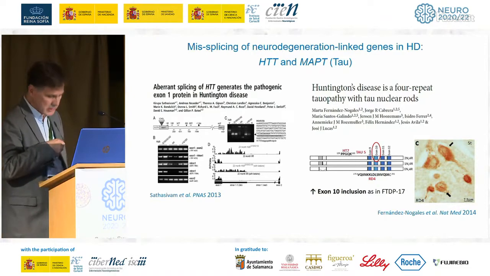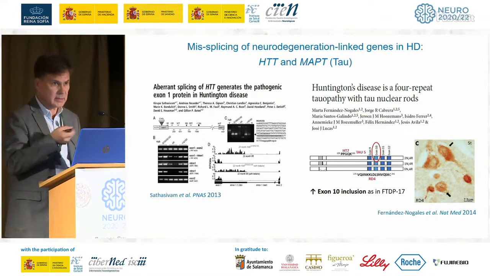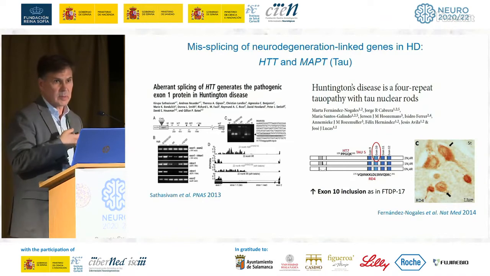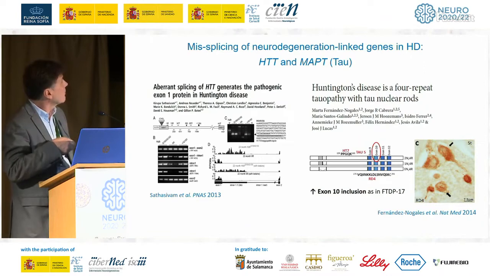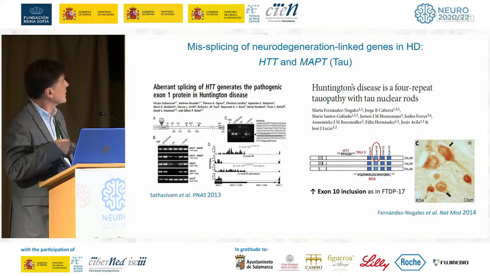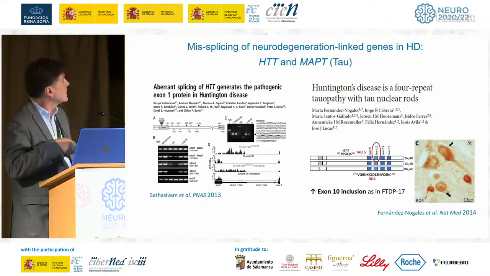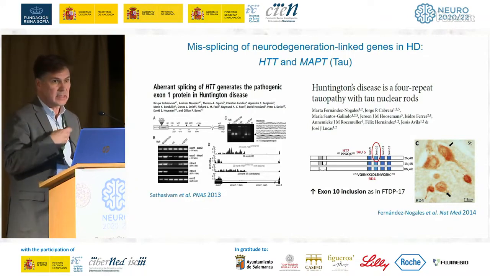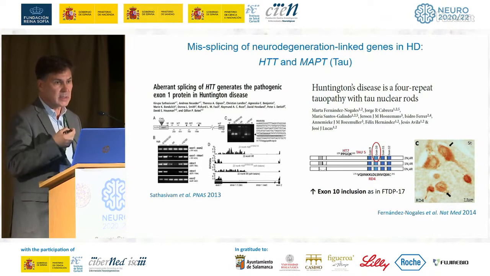Slightly afterwards, we reported an alteration of splicing isoforms of tau that we have already heard about yesterday and today. You know, this is the protein that aggregates intracellularly in Alzheimer's disease, but also is altered in other diseases called tauopathies. Particularly, we found alteration in exon 10 of tau that encodes one of the tubulin binding domains of tau. So as a consequence of this imbalance in splicing isoforms, we get an excess of 4 repeat tau